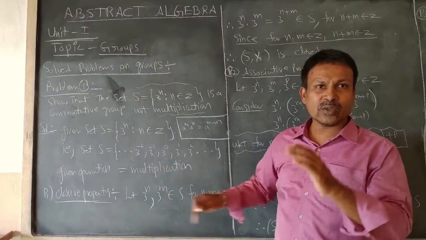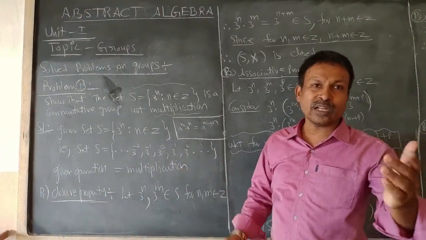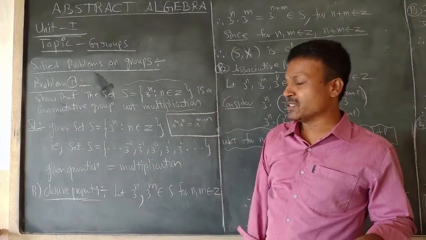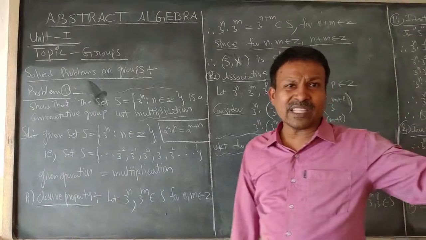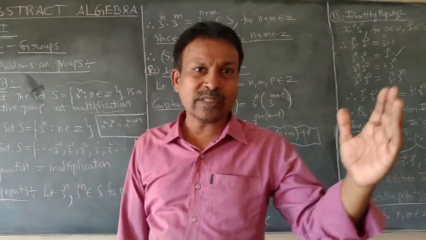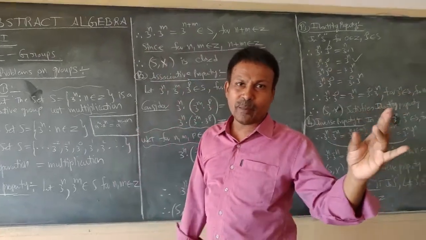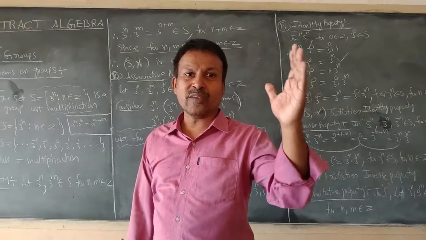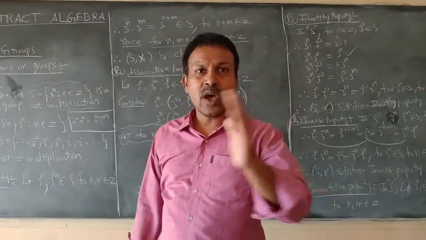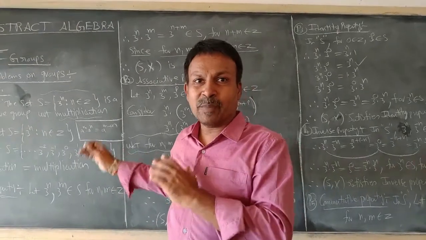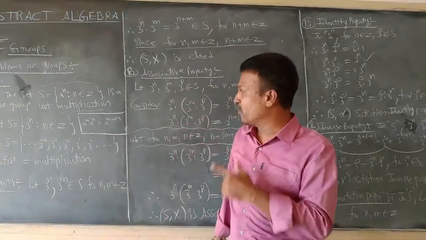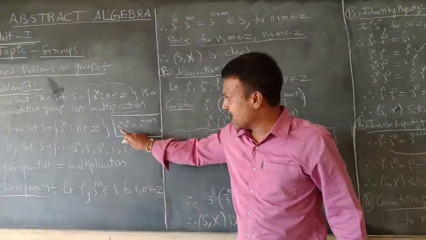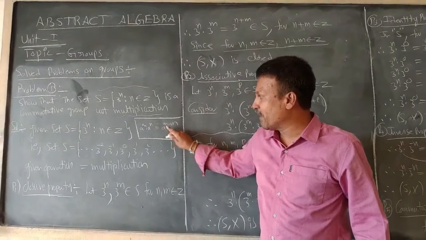Right. Now let us go to the part which is to be proved. We have to prove that the set S is an abelian group with respect to multiplication. So we have to recall the previous definitions of an abelian group. An abelian group should satisfy closure property, associative property, identity property, inverse property and commutative property with respect to the given operation. Right. Set S should satisfy all these 5 properties with respect to multiplication. To prove these properties, we should be well aware of the law of exponents, that is a power m into a power n is equal to a power m plus n.